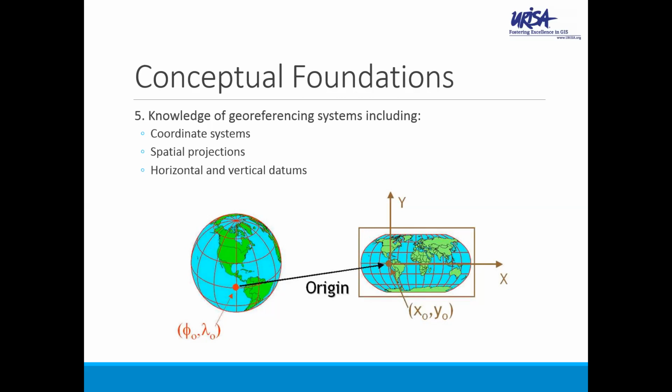Just in this view here, we can see what appears to be, on the right, a Robinson projection, and then we have more or less a globe on the left. Well, how do we take that information from the globe on the left, which of course here is a perfectly round spherical surface, that in fact is not the case, and then take that particular location and represent it on the right in some way that is meaningful and not misrepresenting the information that we're trying to convey? Well, there was a book a number of years ago called How to Lie with Maps,